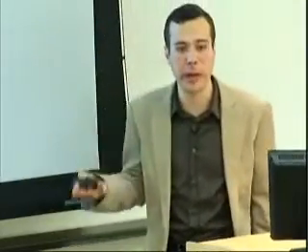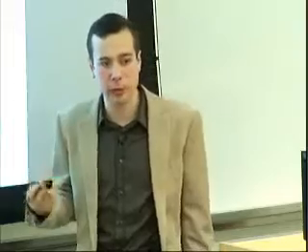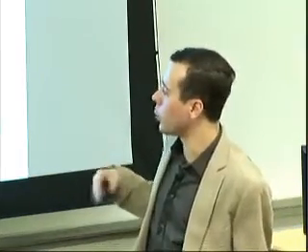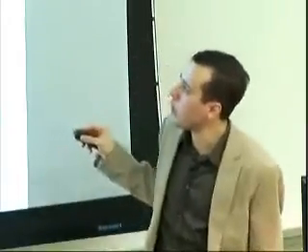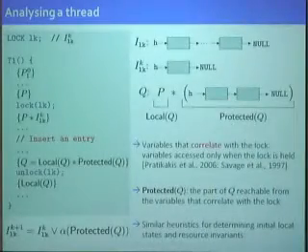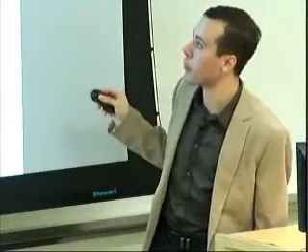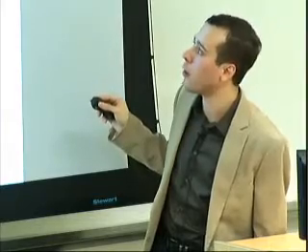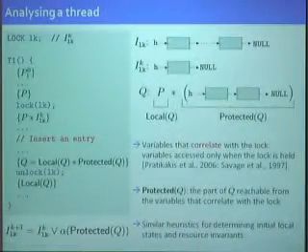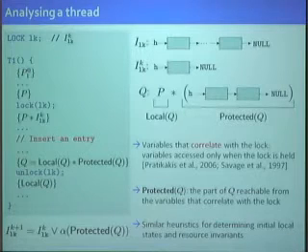There are quite a few analyses, both static and dynamic, that can guess these correlated variables for you. And it has to be just a guess, it doesn't have to be precise. Now, if I have the variables that correlate with the lock, for example, in this case, this might be the variable H, then the way I will split is I will take the part of this state reachable from H, that is this list here, and this will become the part of the state that I'm going to give up at this program point. So everything that's reachable from these entry points from the correlated variables goes into the resource invariant. And the rest will become my local state. So here this list will be added as an additional disjunct into the resource invariant.